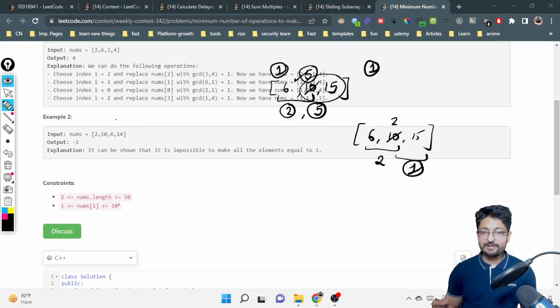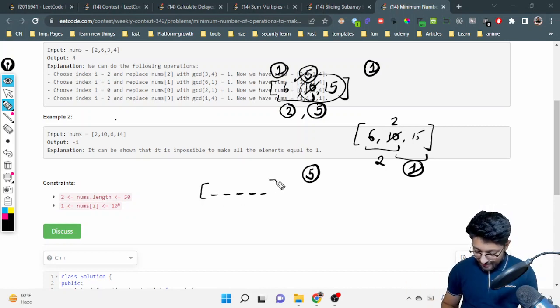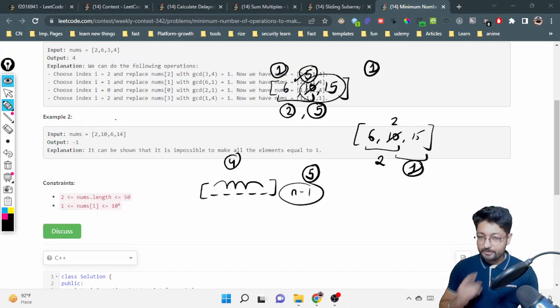Okay, let's say I find out the total subarray length equal to 5. So let's say I have 5 numbers which I want to convert to 1. I will take the GCD of all these one by one, taking a pair. So I will take 4 pairs. Whatever the total length is, let's say the total length is n, then n minus 1 is the number of operations I have to do first to get to a first one, because